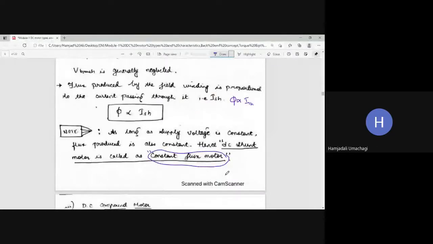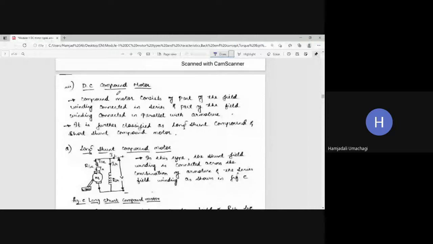So now we have seen two types of motor. One is the DC series motor and another is the DC shunt motor. That is the series combination and the parallel combination. Now the third classification is what? The DC compound motor. Compound motor means what? It is a combination of series and parallel, that is series and shunt. If that is the case, that type of motor we call a DC compound motor. Now let us see the circuit diagram. And again, I told you that in the DC compound motor there will be two types: one is the long shunt DC compound motor and the other is the short shunt DC compound motor. Let us see how the windings need to be connected for the DC compound motor, long shunt and short shunt. Okay.